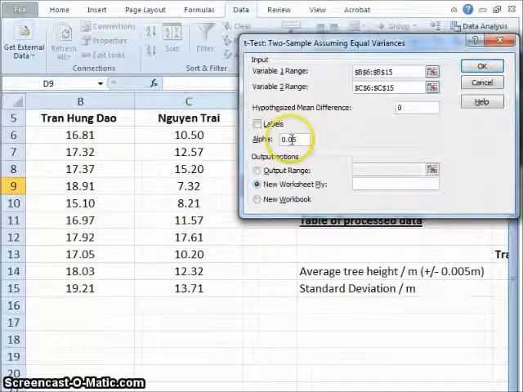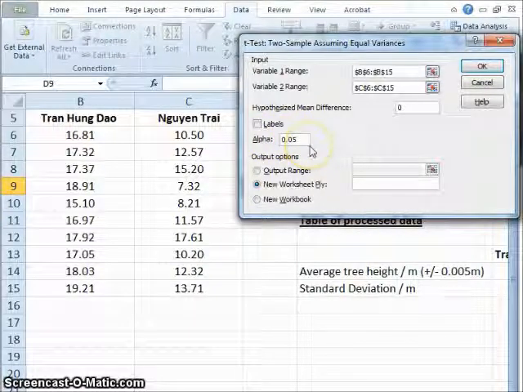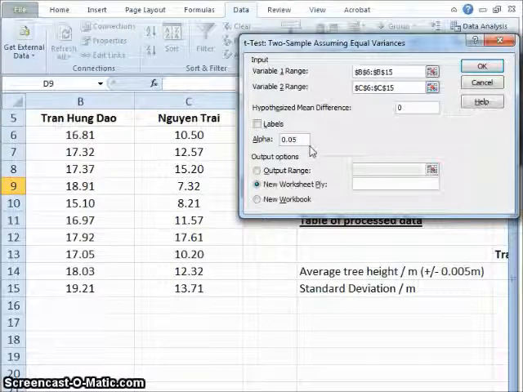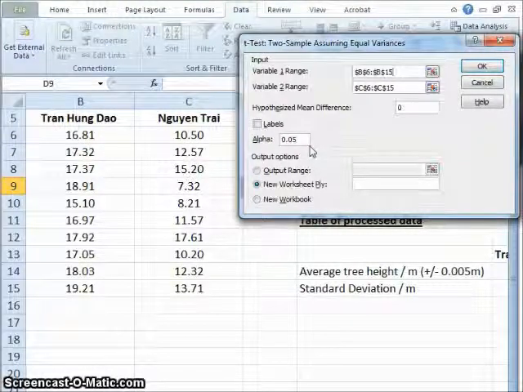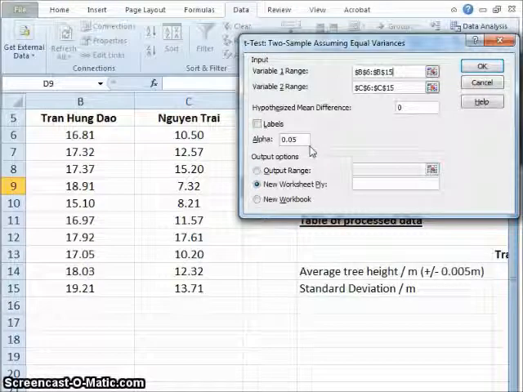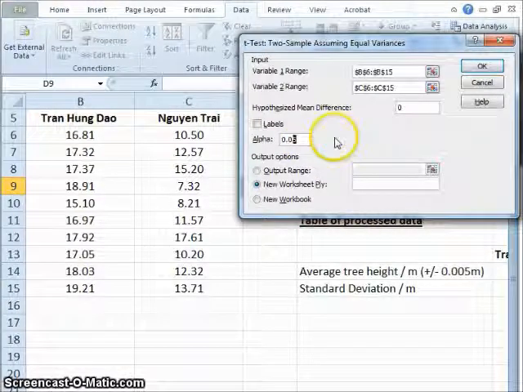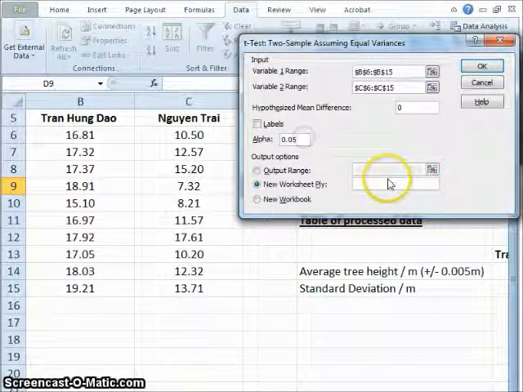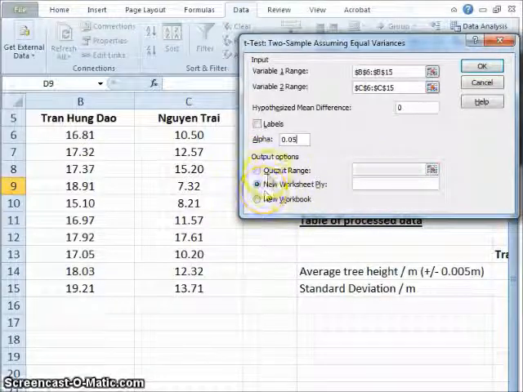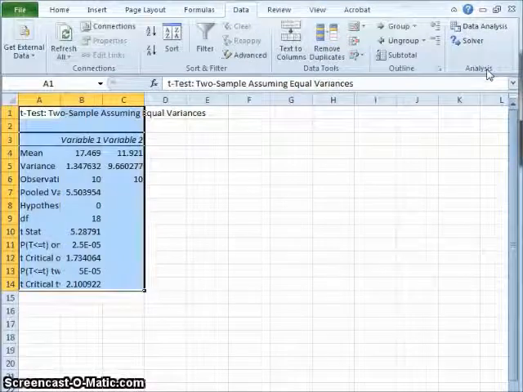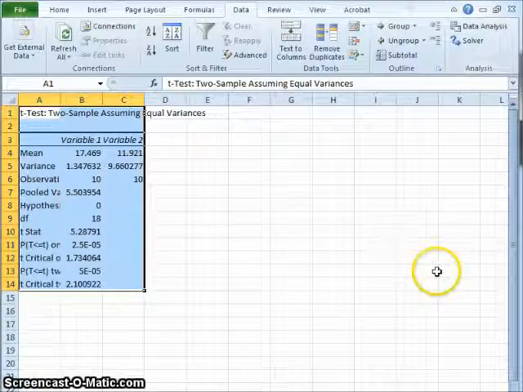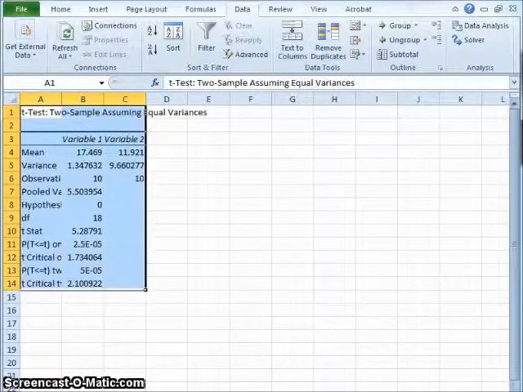Why? Because 1 minus 0.05 is 0.95, which is 95%. If I want a more stringent, stronger test, then I might change this to 0.01, for example. Then I would choose the new worksheet. Okay. So once I click OK, what it does, you probably can't see it here,